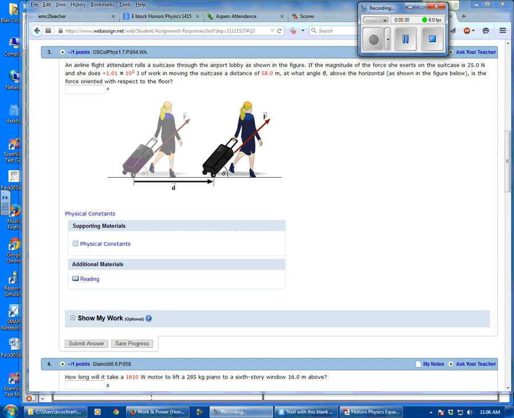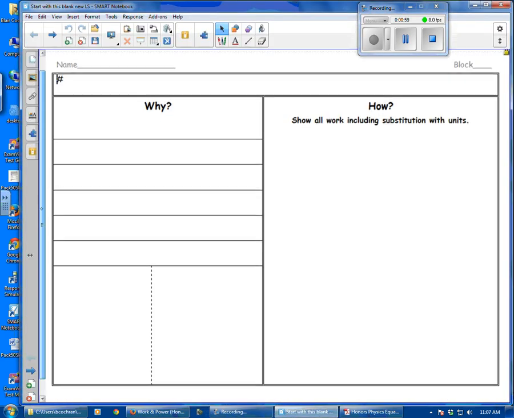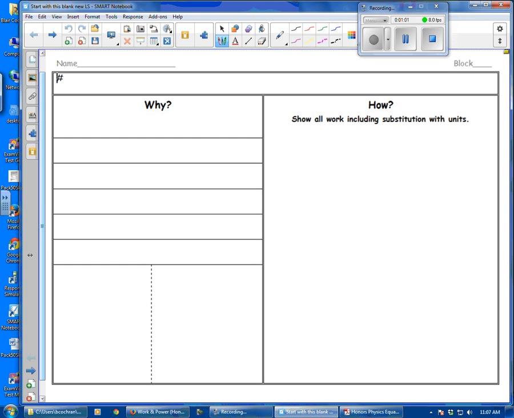For there to be work done, the force and the distance must be in the same direction. So while she pulls upwards on the handle here, upwards and sideways, with 25 newtons, not all of that force creates work. Only the part of the force that's parallel to that horizontal distance that she's moving creates work. So it's key to be able to show that in your why. So for number 3, you might say only